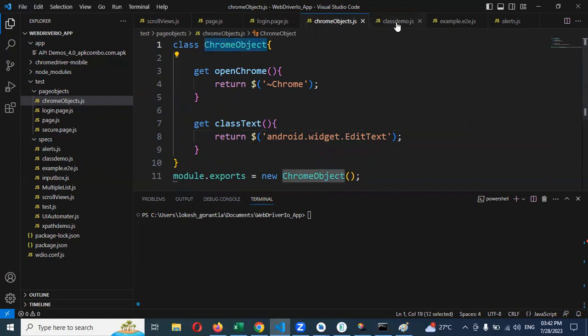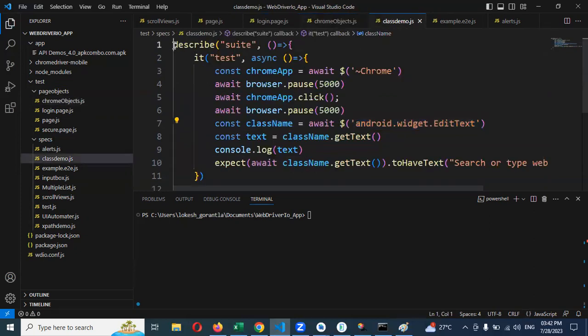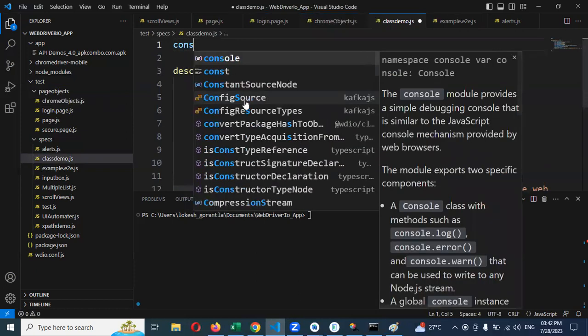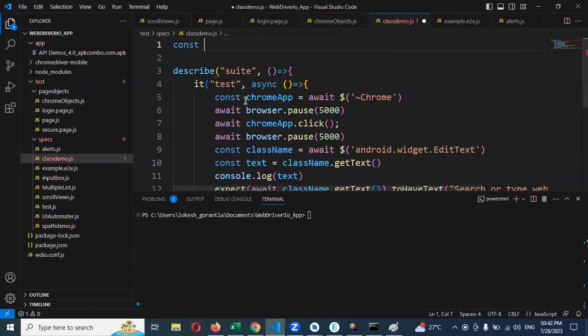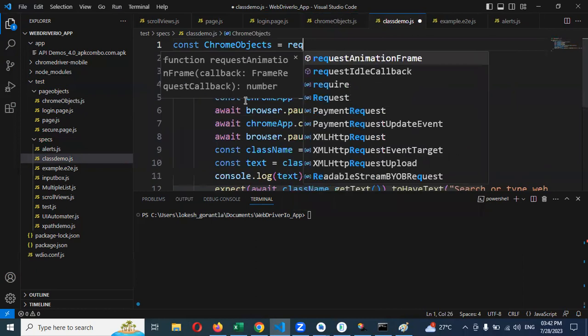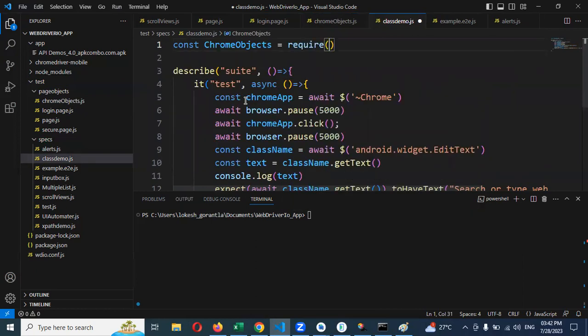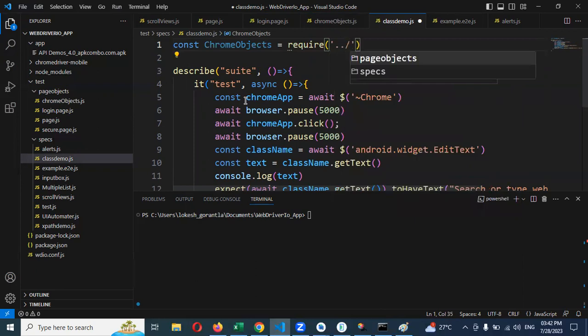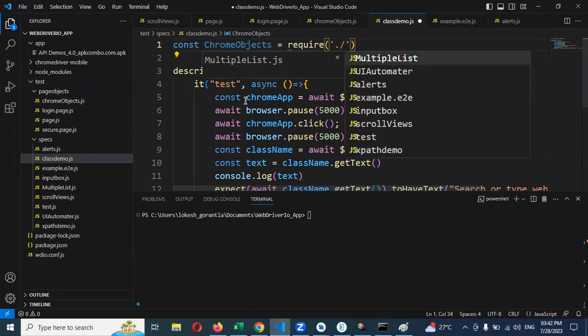How means we can go to the class demo location in the description, press enter 2 times, and here we need to make it constant objects equal to require, and we can use single quotation, 2 dots and slash. If you make it single dot and slash, it will give you this